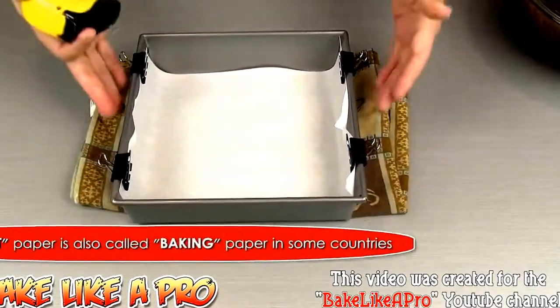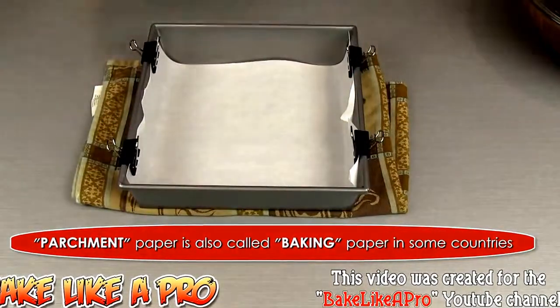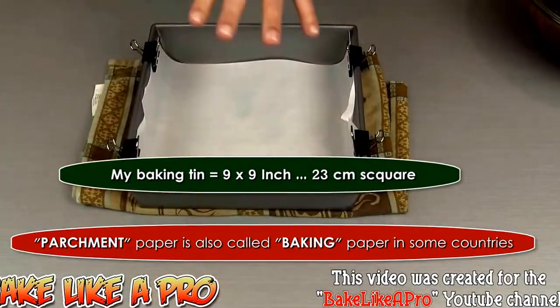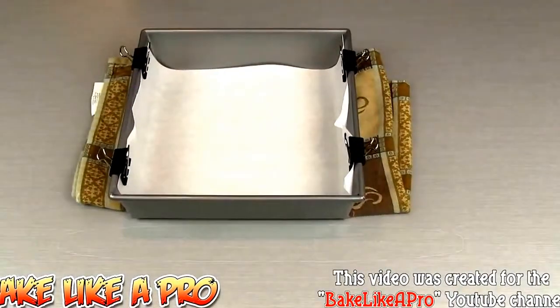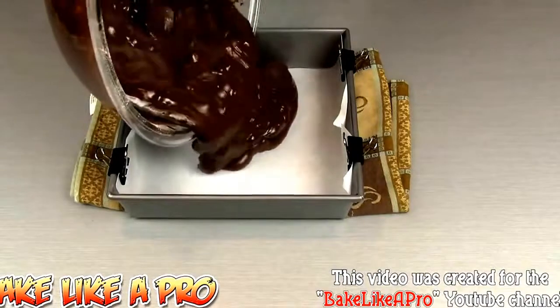So I've cleaned up and I have a nice mold here ready to go. I have lined this with parchment paper. And I'll just measure this, and it is 9 inches square. And this is a Chicago metallic brand pan. Really good quality. So we're just going to grab all of our beautiful batter and get that right